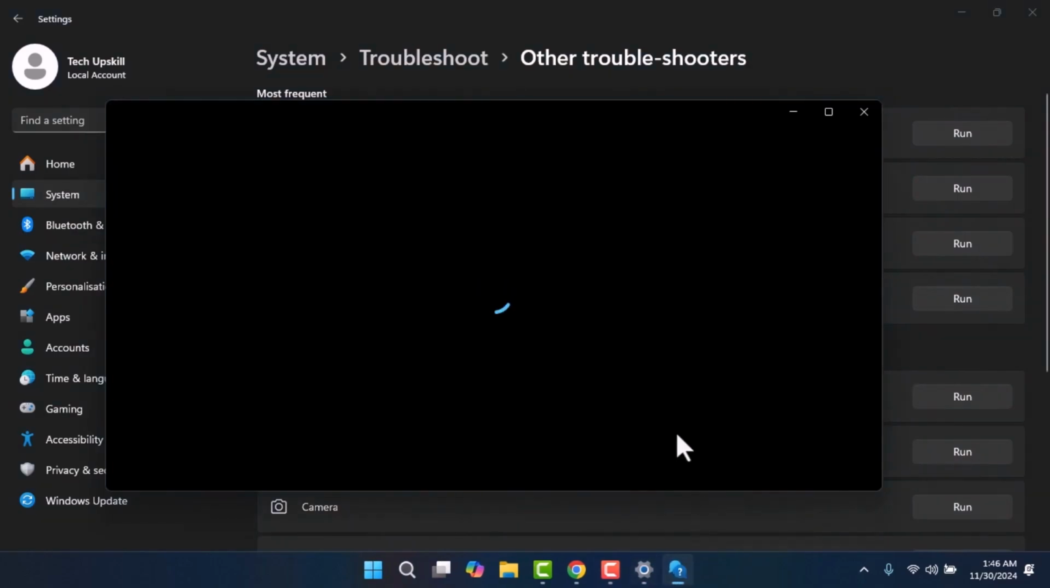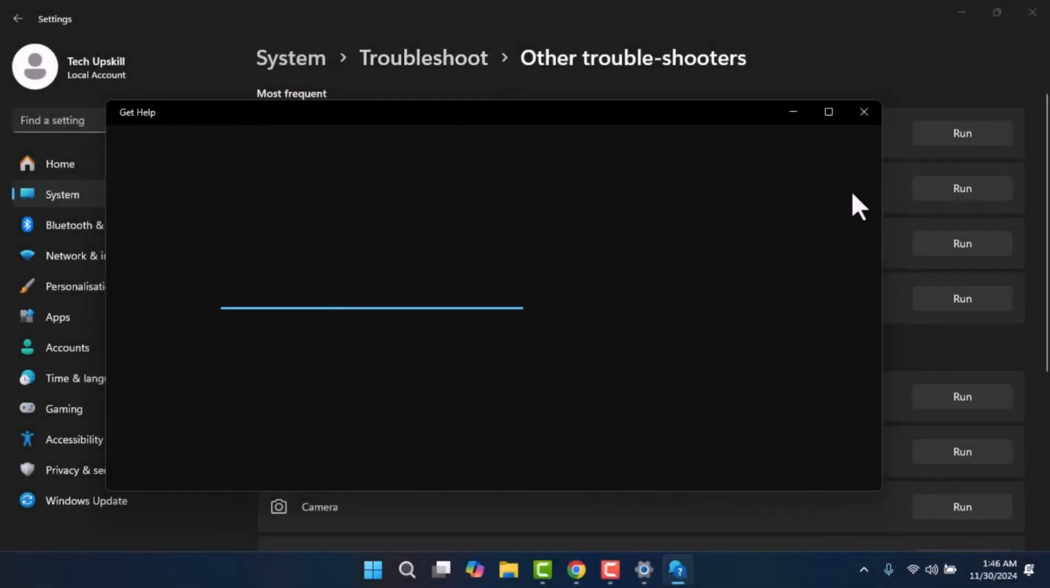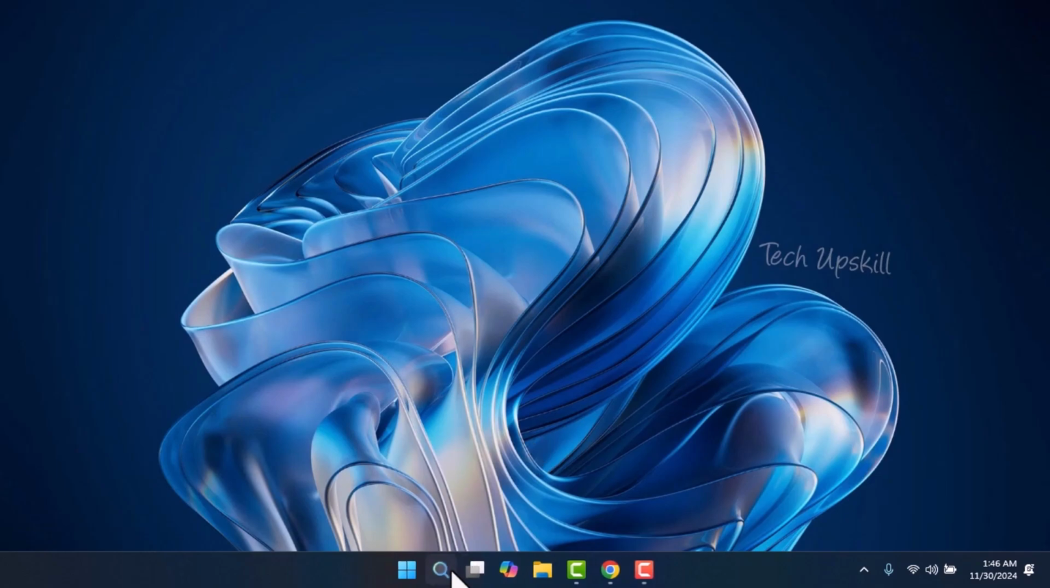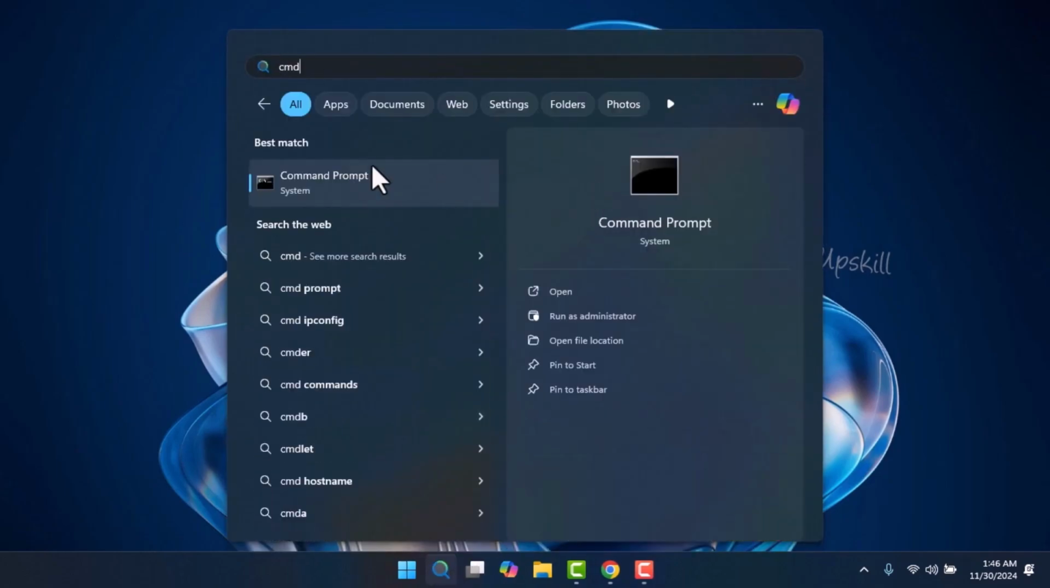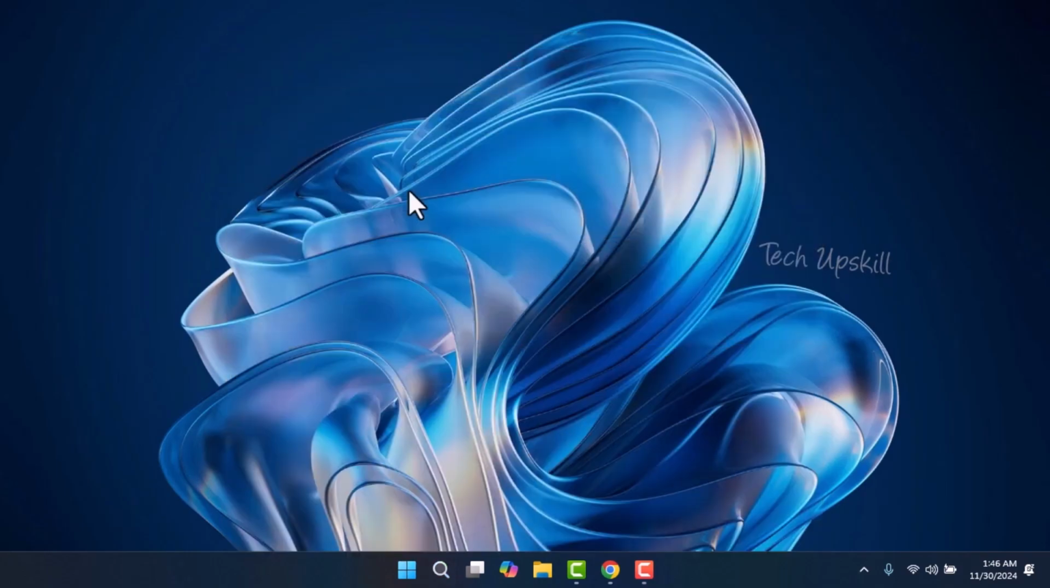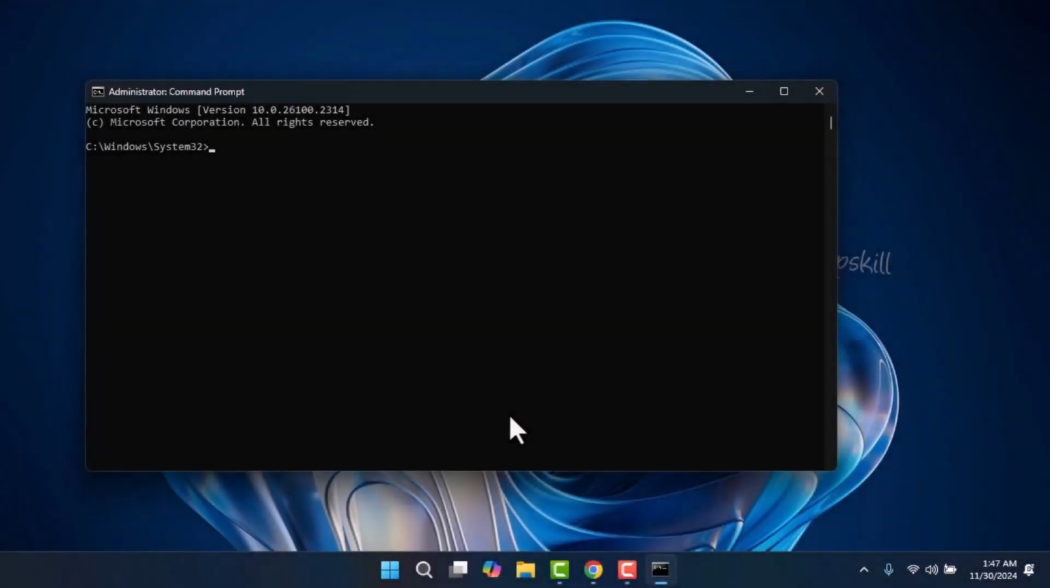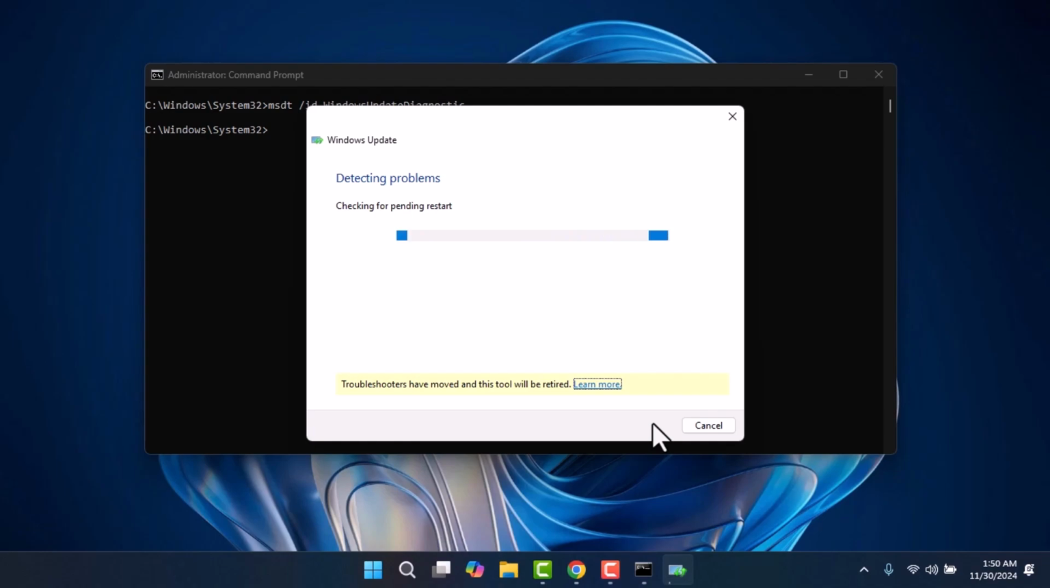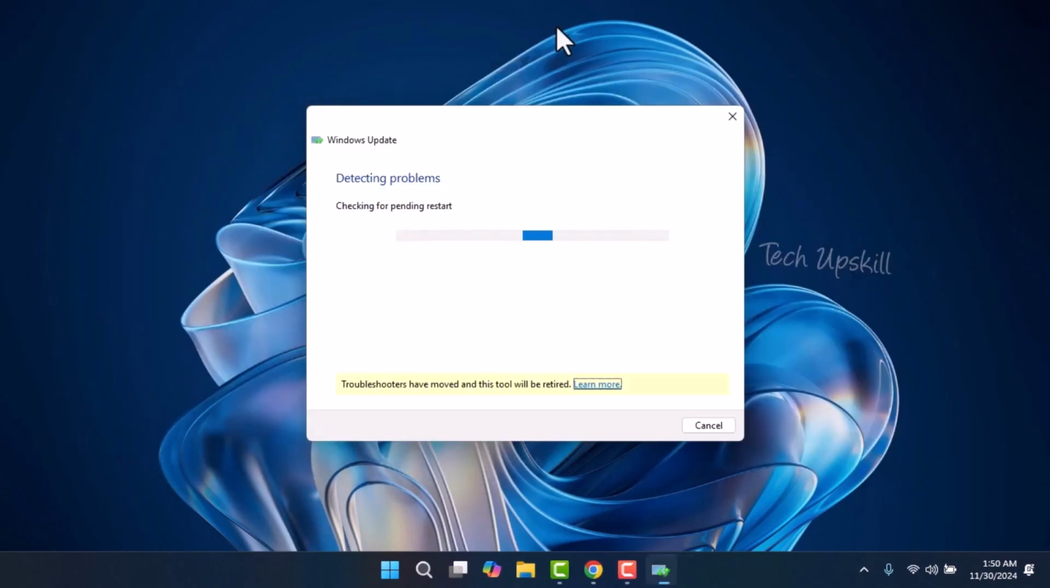If this doesn't open, get help, so we will open it in another way. Open Start menu and type cmd and run as administrator. Then write this command msdt /id WindowsUpdateDiagnostic, which I will leave in the video description. Click Next to allow the system to automatically detect and fix any issues. Once the process is complete, restart your computer and try updating your PC again to check if the problem is